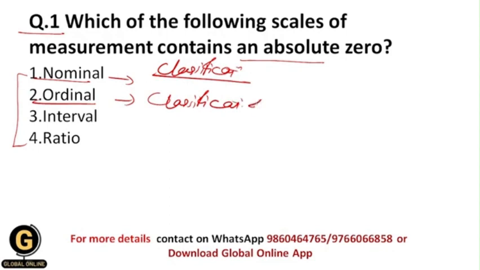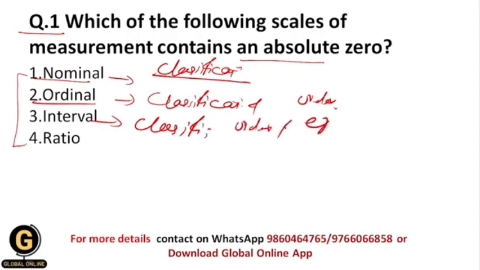Classification and order. Okay, in the interval scale, there is classification, there is order and equal unit as well. Classification, order and equal unit. Okay, and within the ratio scale, there is classification, there is order, there is equal unit, and as well there is absolute zero. Okay, and that's why your correct answer should be 4 over here, because in the ratio scale,